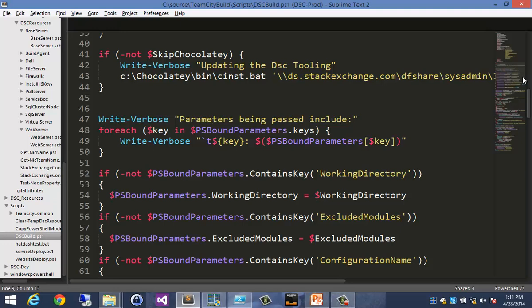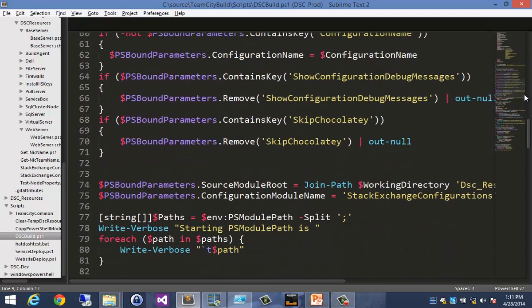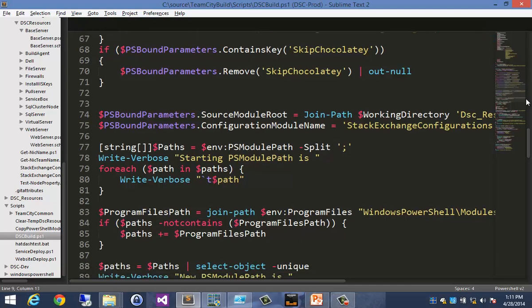So I recently switched over to using Chocolatey to do this. And so I have an internal repository, which is just a file share, because file shares are easy, where I have my package tooling sitting. So the build agent will pull that down, and then it will load up my configuration data,